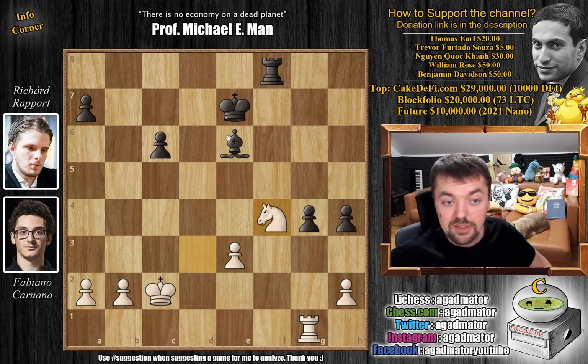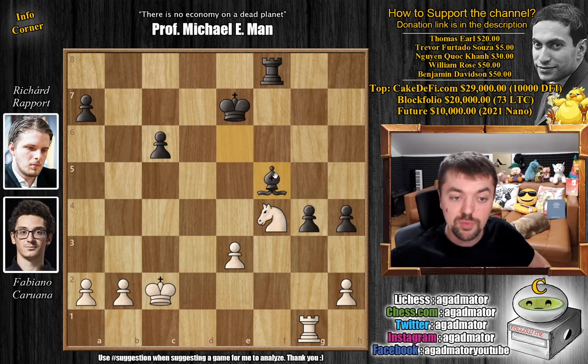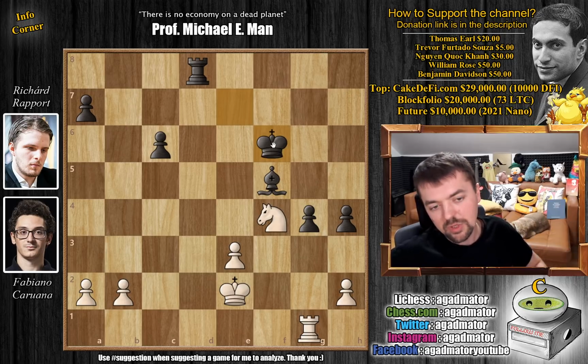Knight to f4 now, challenging the bishop, and also hoping that Rapport blunders. If bishop captures on a2, knight g6 check, picks up the rook, and now white is winning. So after knight f4, bishop to f5 with check, and now king to d2. We have rook to d8 with check, now comes king to e2, and now king to f6. And now the problem is